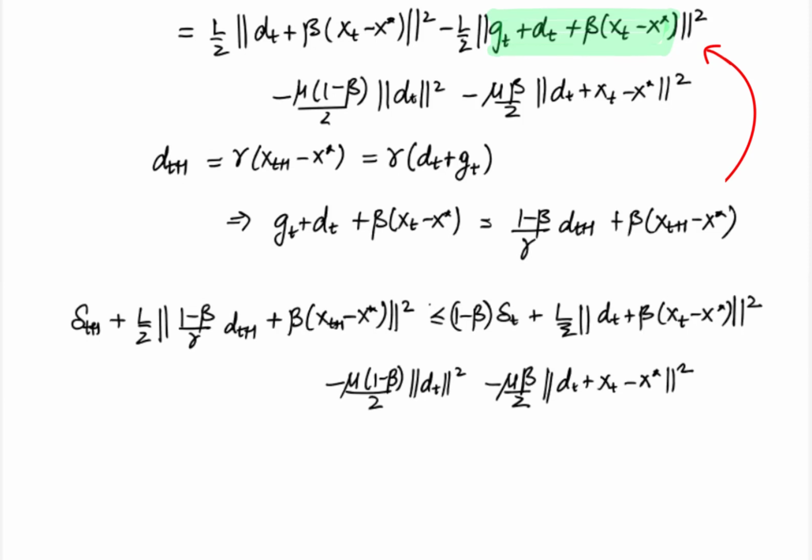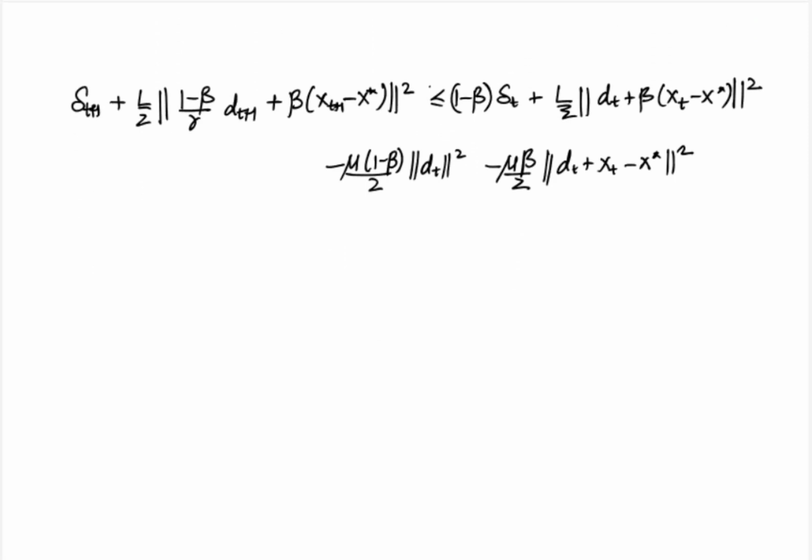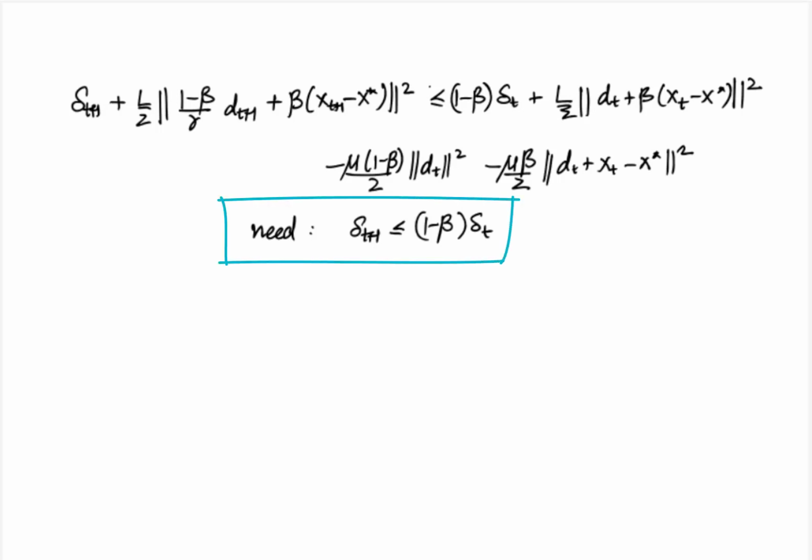We need to arrange this so that we can get a contraction bound for the terms on the left. That is, we need to get an inequality of the form Δ_{t+1} ≤ (1 − β) Δ_t. To get such a contraction bound, let us rearrange the inequality as